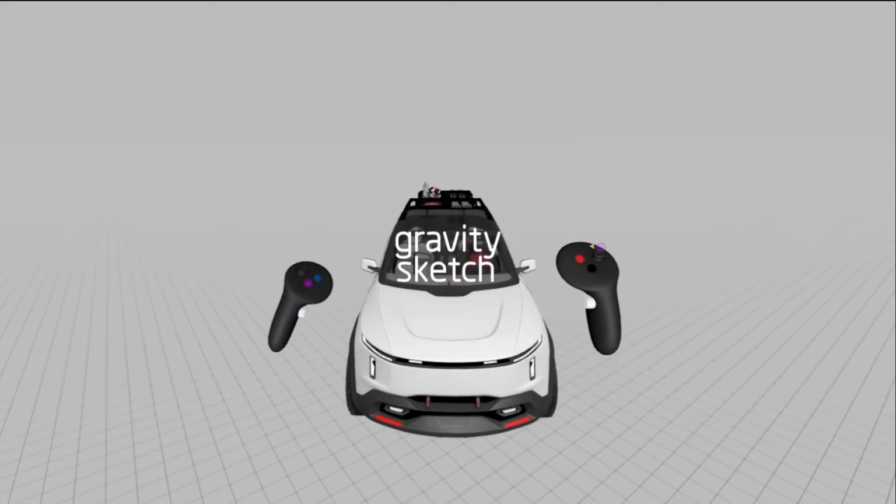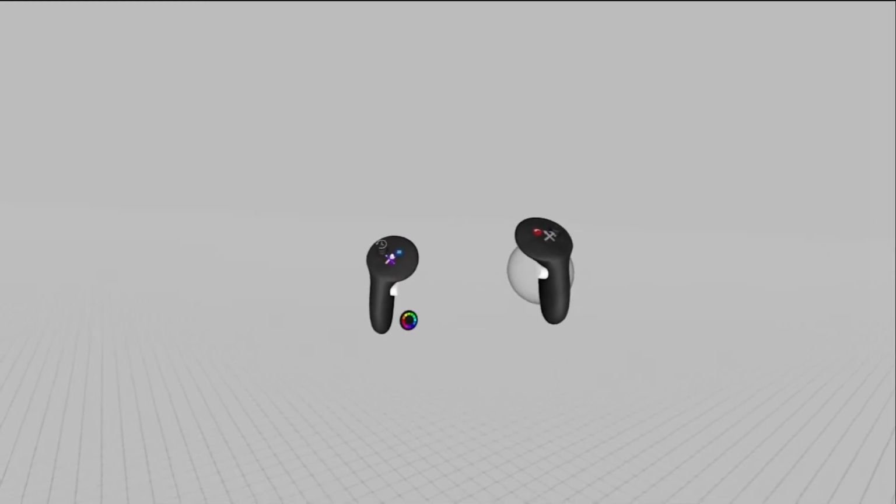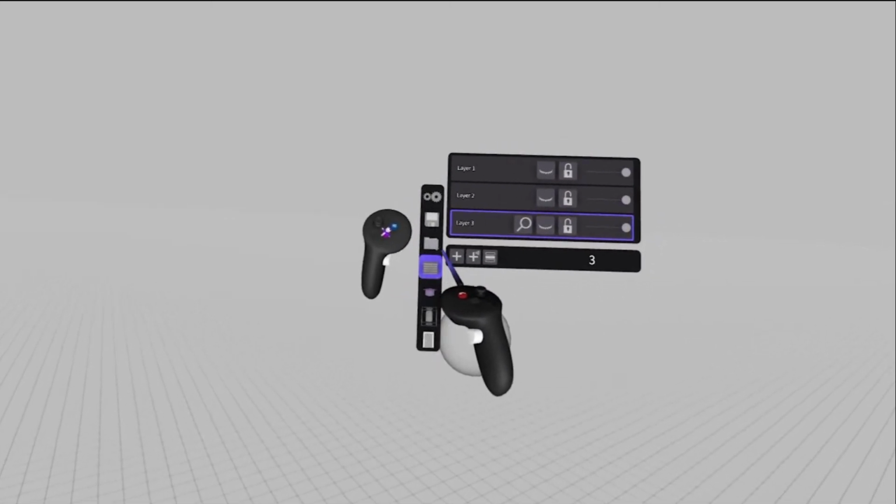We spoke a little bit about precision and other tools and what they can be used for. And for the longest time, maybe it's us being a bit stubborn as a team, we've always wanted to keep that fluidity, keep it creative, keep it loose, keep Gravity Sketch loose. But